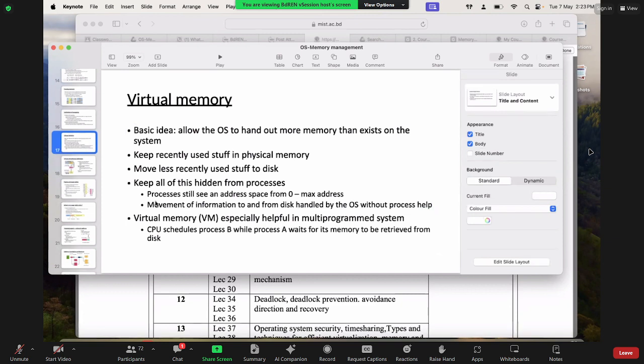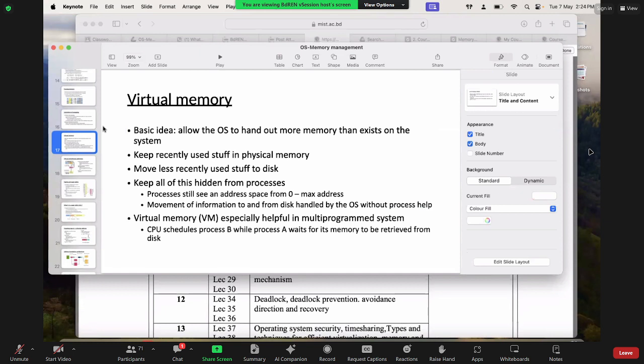Now comes our virtual memory. See, we are going in a very step by step fashion. We started with a very crude approach of no bifurcation, no memory division, nothing. Then slowly we divided the memory into blocks, but with blocks we faced some issues. So we introduced base and limit registers, but we still faced issues with respect to memory regions. So we did some swapping, but we are still facing some issues of memory holes and all.